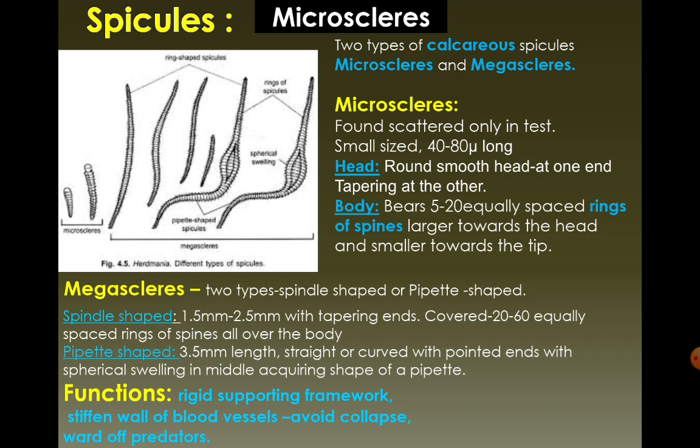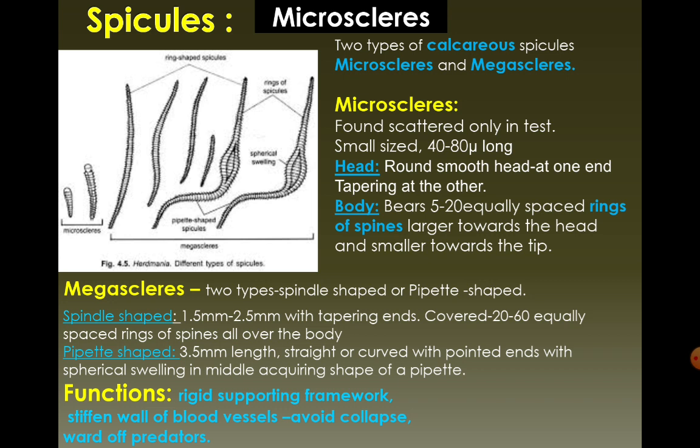Now these are the different morphological structures that you see in Herdmania. So this can come as a 10-marker question wherein they can ask you to describe in detail the morphology of Herdmania with a neat labeled diagram. So you have to draw the diagram, label all the parts, and then describe its morphology and all the structures one by one as we have discussed so far. You may also get a 3-mark question wherein they can ask you to just sketch a neat labeled diagram of Herdmania.